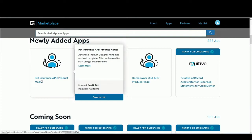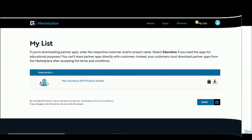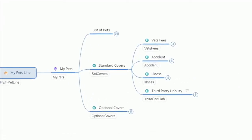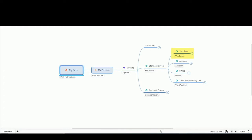To get to market fast, Future State leverages the Go product template for pet insurance. To get started, just go to the Guidewire marketplace and search for pet insurance. And then download the file. On your desktop, open the file. And the template provides a visualization of the entire line: coverages, limits, deductibles, exclusions. It's all here, including vet coverage. Now,